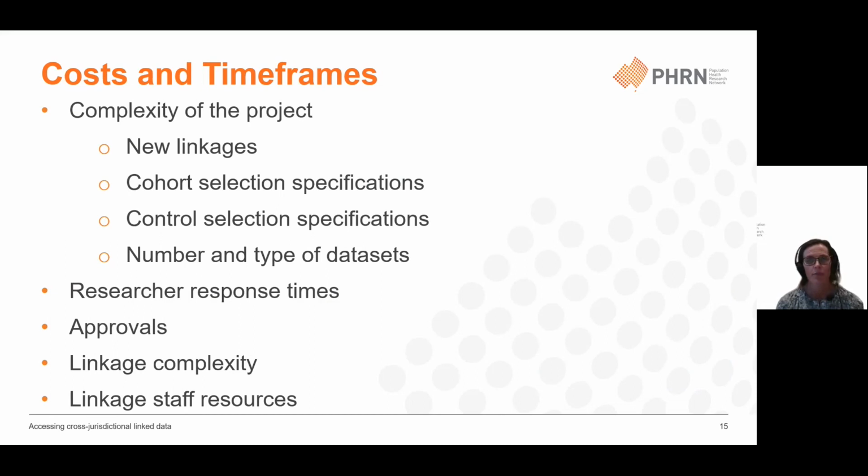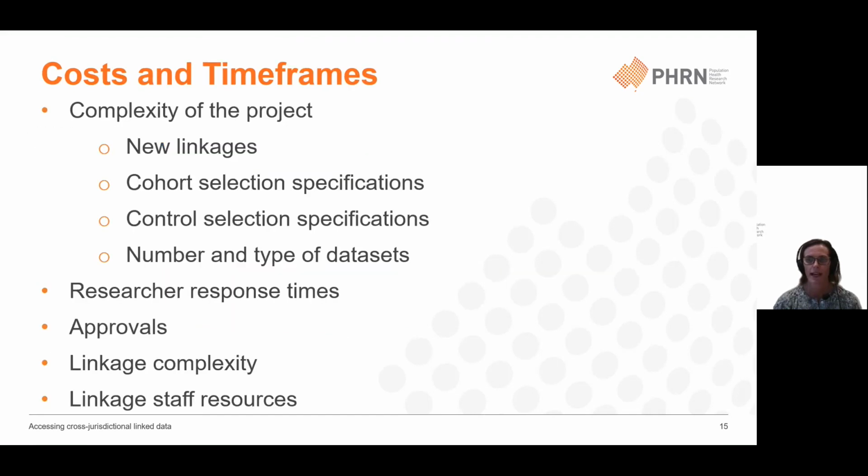The linkage and data provided is tailored specifically for the needs of each research project. Therefore, standard costs and timeframes are not available. However, it should be noted that the following factors will impact on project timeframes and costs. So project complexity can significantly impact on data delivery timeframes and cost. And the following aspects of a project can increase the complexity and therefore impact